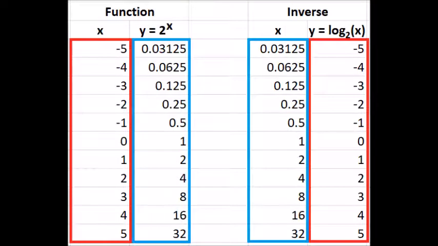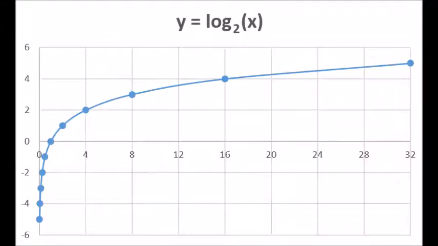Once more, given a table of data, it is a simple matter to find the inverse. Simply swap out the columns for x and y. That is seen here in red and blue. The plot of that data is shown here. Notice again that the data points on the left are clustered together very closely, and the ones on the right